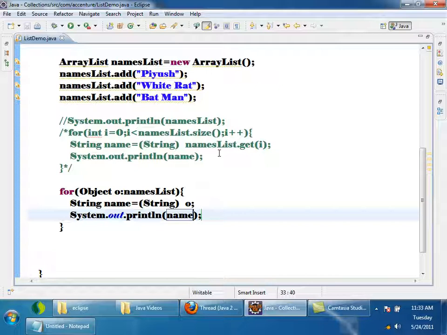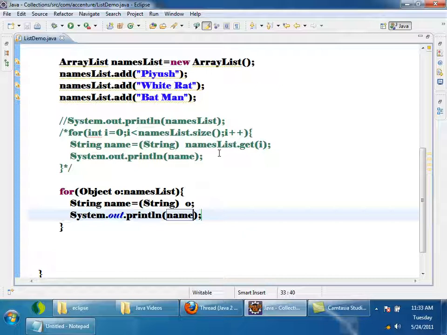Just try to understand what this for loop is saying. I am iterating. This is a way to iterate over a collection. For the first time in the loop, o will be pointing to the first element of this names list. What is the first element there? Piyush. Piyush is a string. But we can add not only a string, we can add any object, right? So you should assume that it is returning an object.